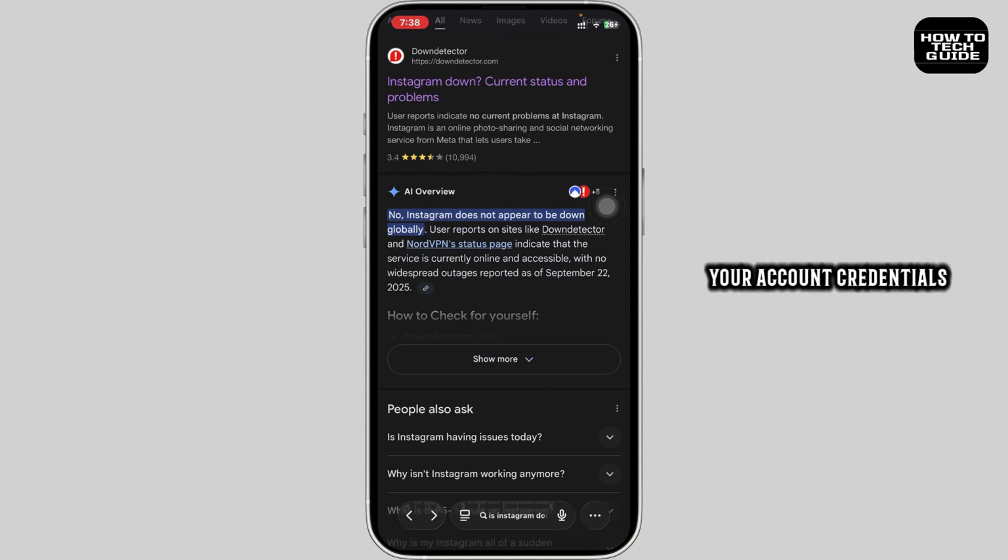Also, make sure your account credentials are correct. If you forgot your password, simply tap on Forgot Password at the login screen and follow the instructions to reset